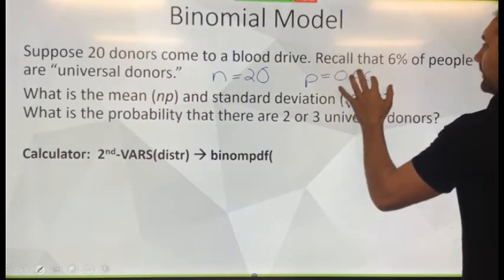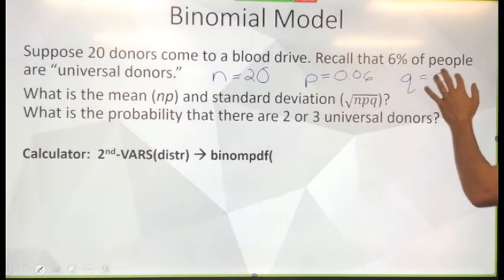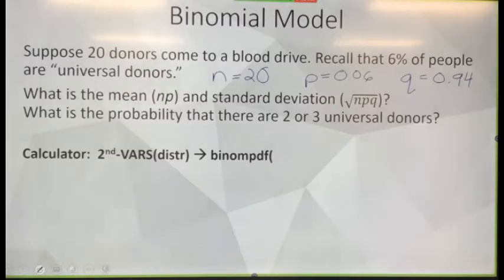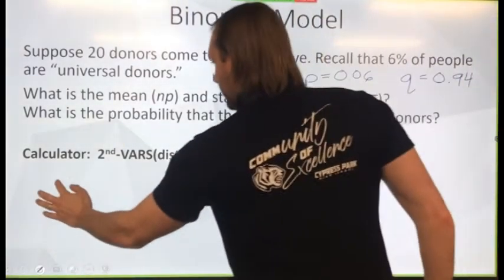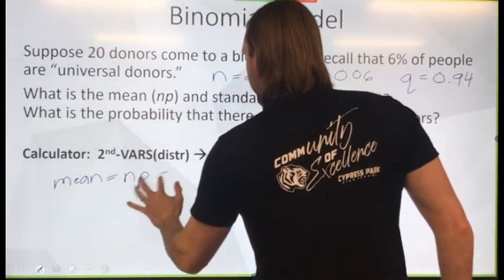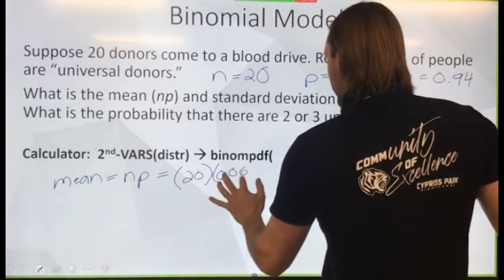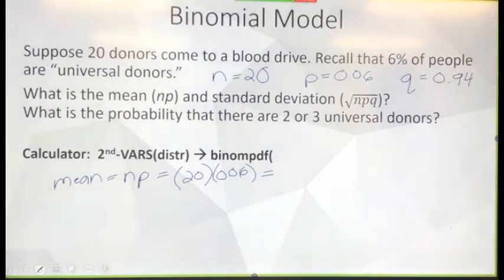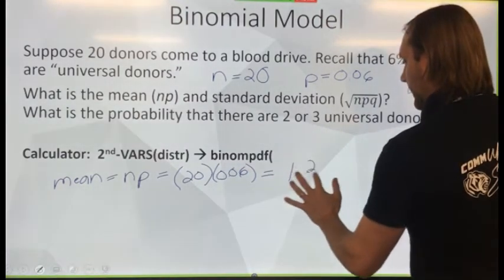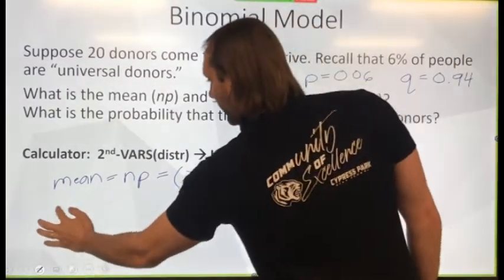0.06. My probability of failure is what? Very good, 0.94. That's going to help me with my mean and standard deviation. So mean equals N times P, which is 20 times 0.06, which equals what? 1.2? All right. So I can expect about 1 of my 20 donors being universal donors with a give or